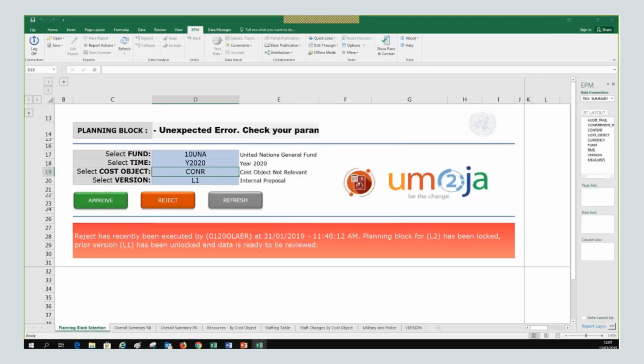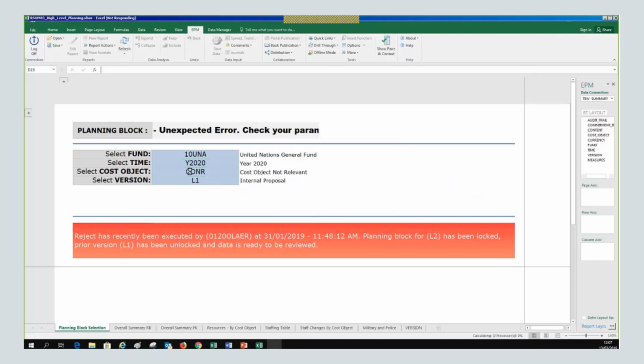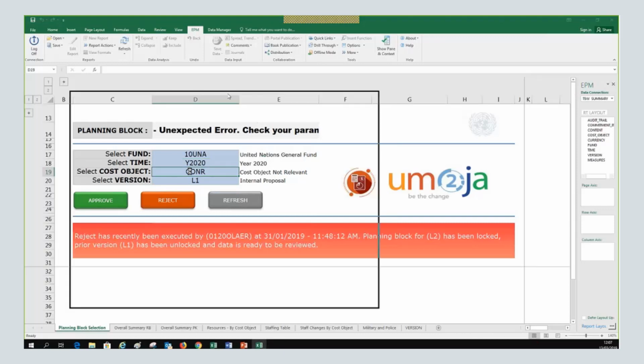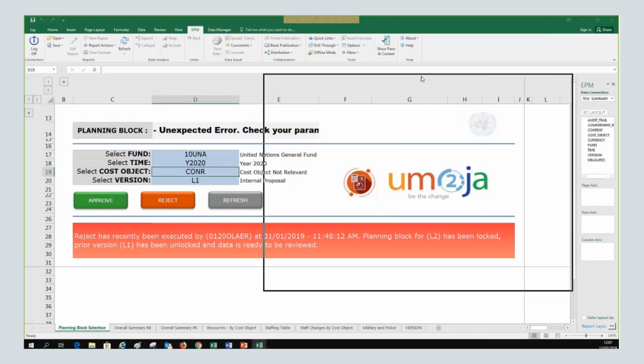Okay. All right. So now I want to select the cost object. And hopefully I should see an entity that is linked to my user. Otherwise I will have to close the form and open it again. Let's see the cost center. Very good. So you see here, please pay attention to this.